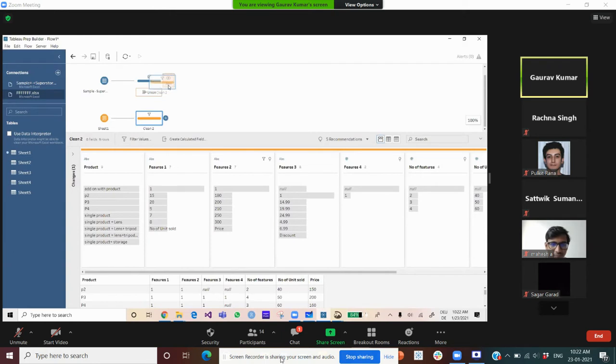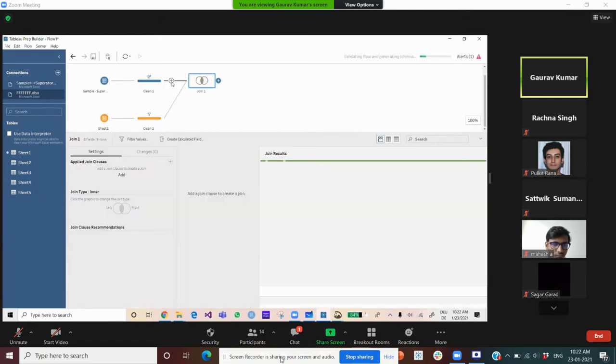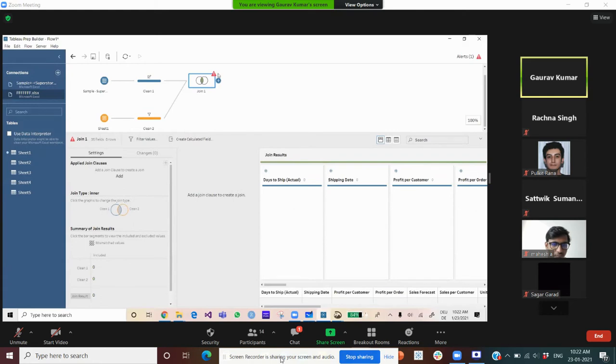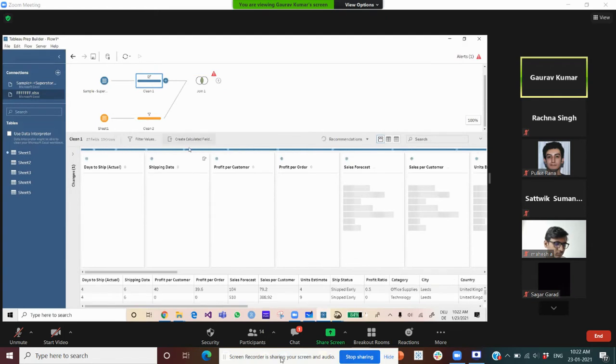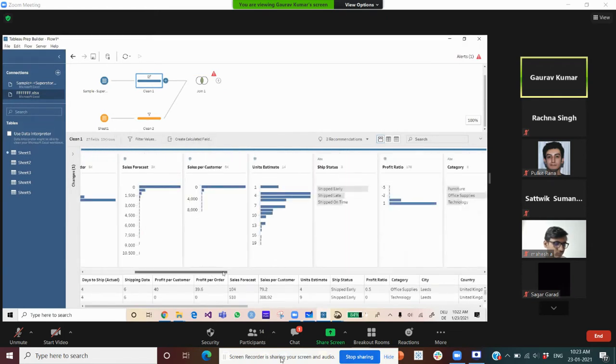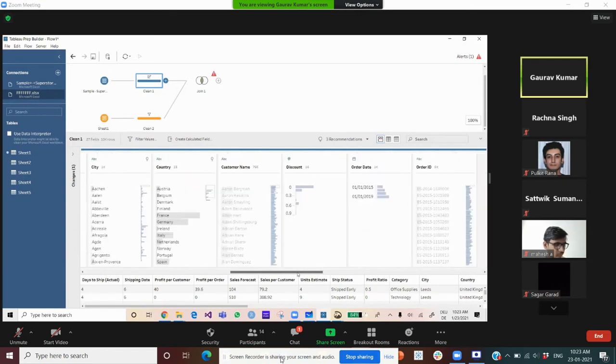For example, I will show you a certain column. If I'm dragging here, it is showing join as well as union. So if you want to join, you just leave that, and then you can see the join. This sign is telling that this data does not have any common column to join. So now what to do? First we'll check which column is present in clean one and clean two.